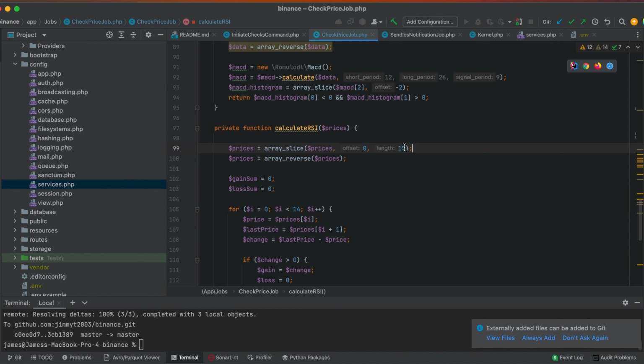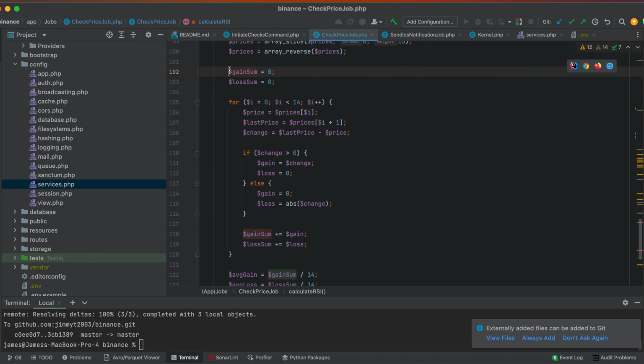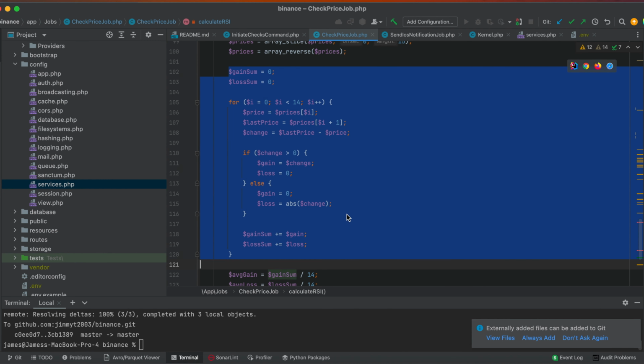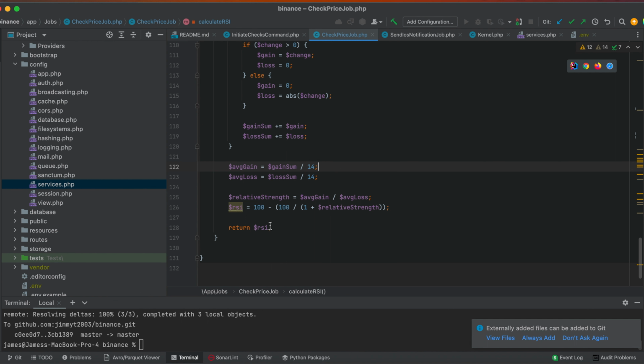So this slices it so that, to calculate, you have 15 values, but it uses 14. Because we're doing the newest first, it takes the first 15 values, gets rid of the rest, and then reverses it again so that the newest is at the end instead of at the start, which is how the RSI needs to be calculated. And then from this onwards is just what ChatGPT gave me to calculate the RSI, and it just returns